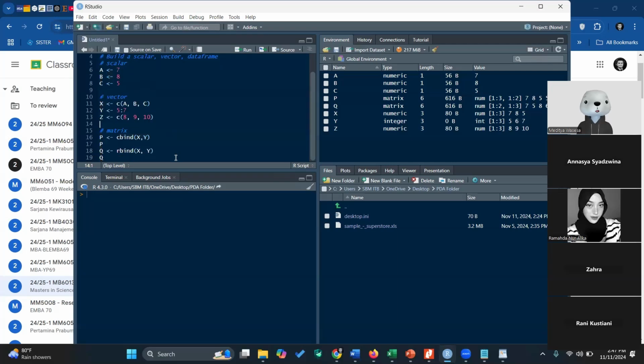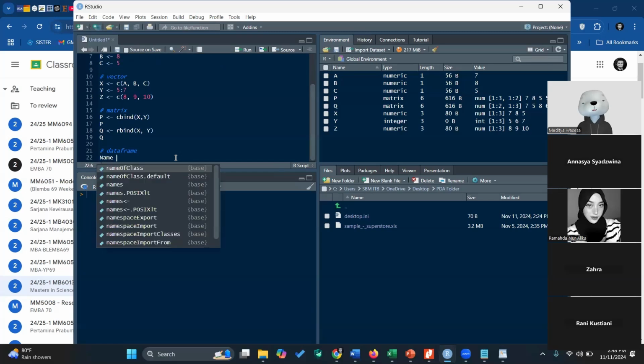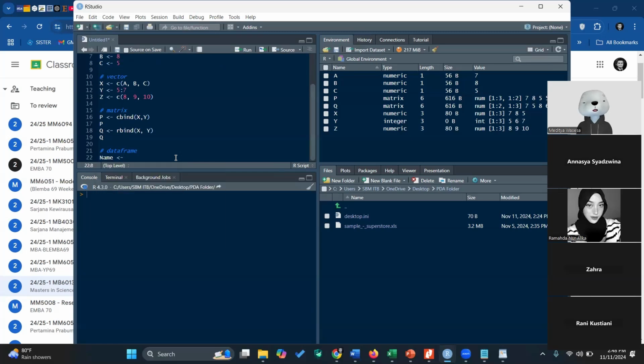Now I want to build a data frame. For example, I want to build a vector with names.